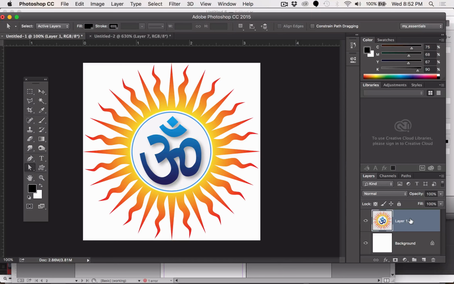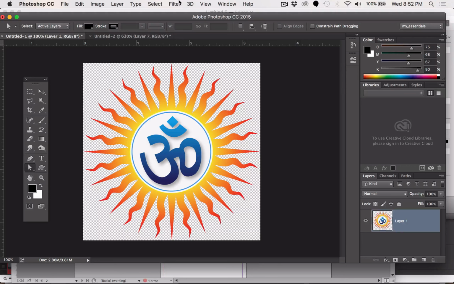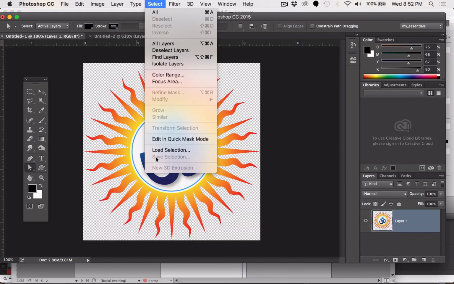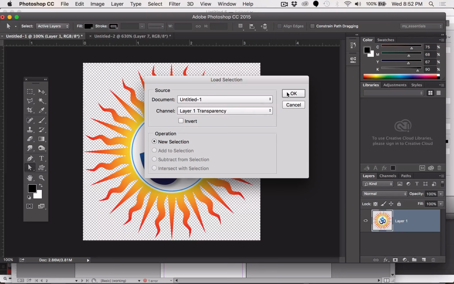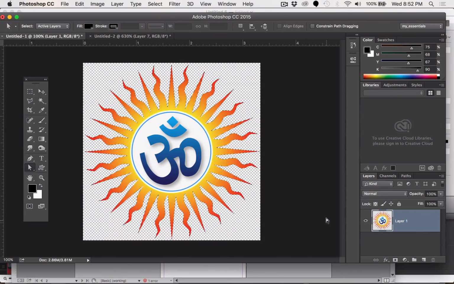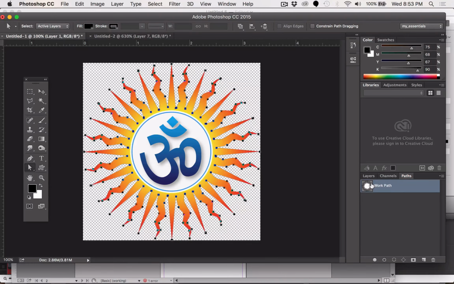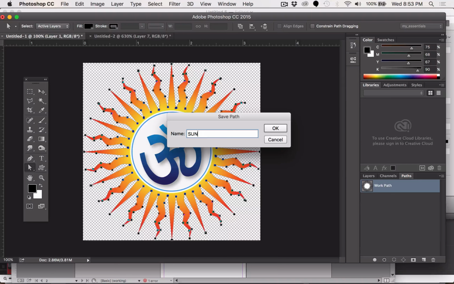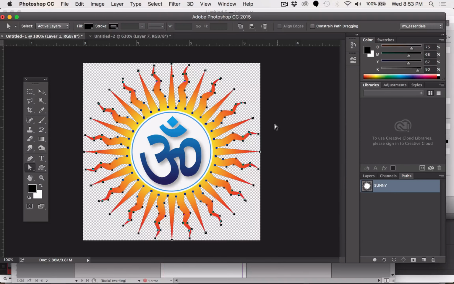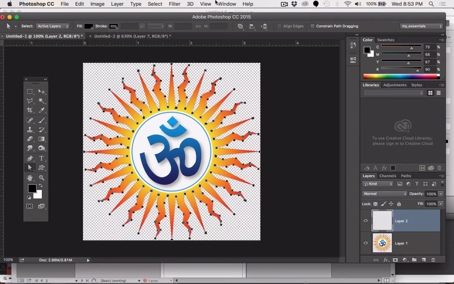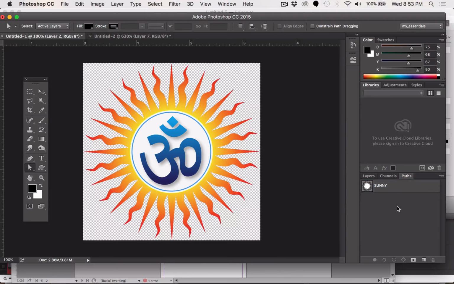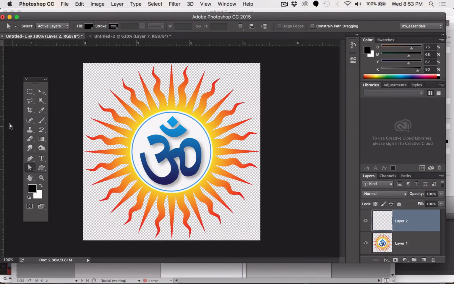Okay, so if we go to the layers in the sun, and we do this, I'm going to throw this background away. And we do Select, Load Selection, layer 1 transparency. We now have the selection edges. I'm going to go back to the paths panel and tell it to be a path. Okay, I'm going to change the name from work path to sunny and click OK. Now, I'm going to go back to this layer and add a new layer, deselecting everything. In this new layer, I'm going to put a color, and in fact, I'll just fill it with black, all right,